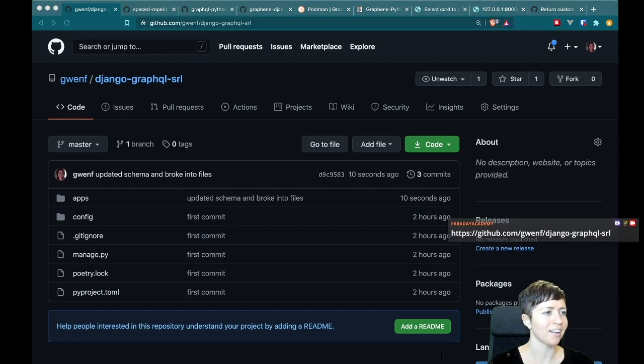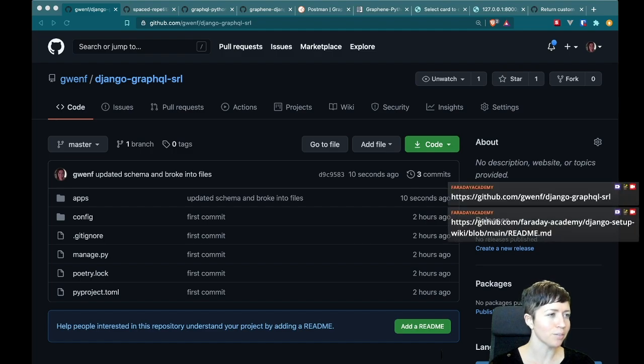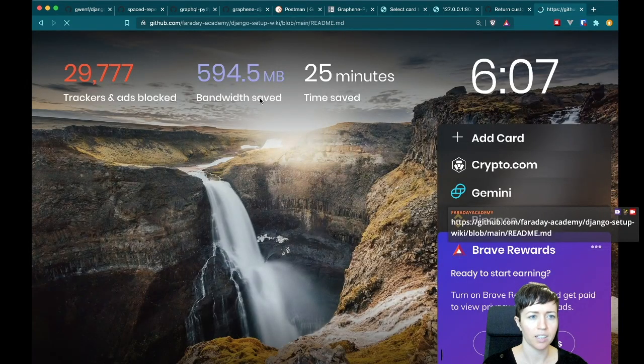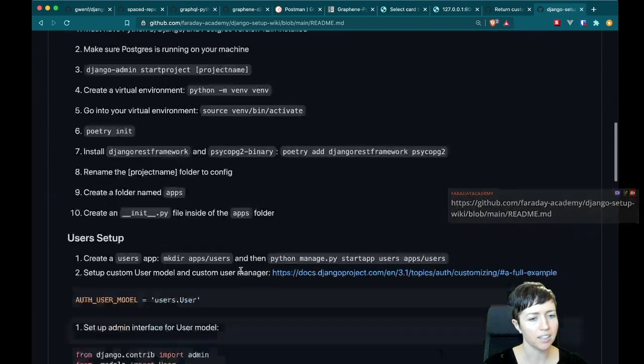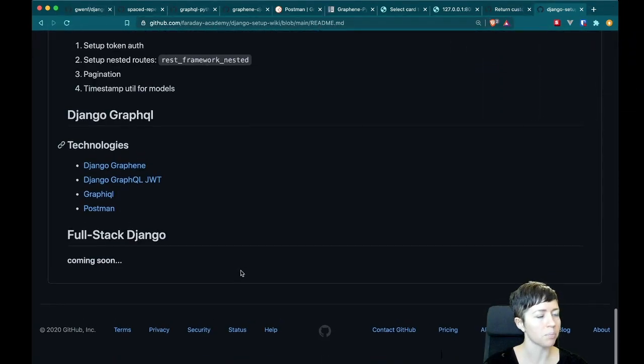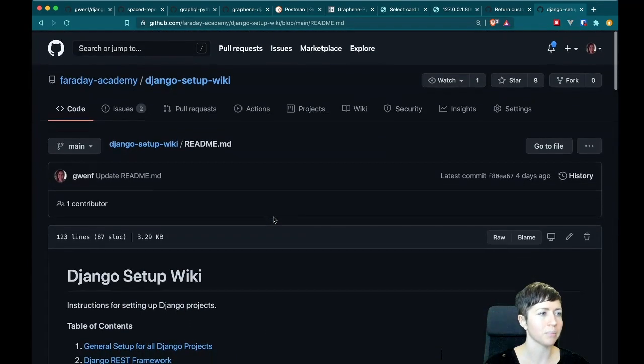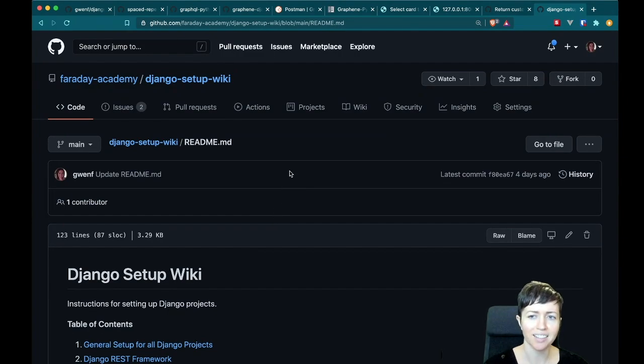So that's the repo that I've been working off of today. I'm going to move it over to my Faraday Academy actually. And also I just want to post real quick. So this is the wiki that I've been working off of. And now that I finished this GraphQL, I really need to update the wiki. It has all the steps for building a REST API, but I really want to update all of these steps to include the real setup for a GraphQL project and my recommendations for setting it up now that I've actually used it. So yeah, again, let me know your thoughts, join my Discord, and